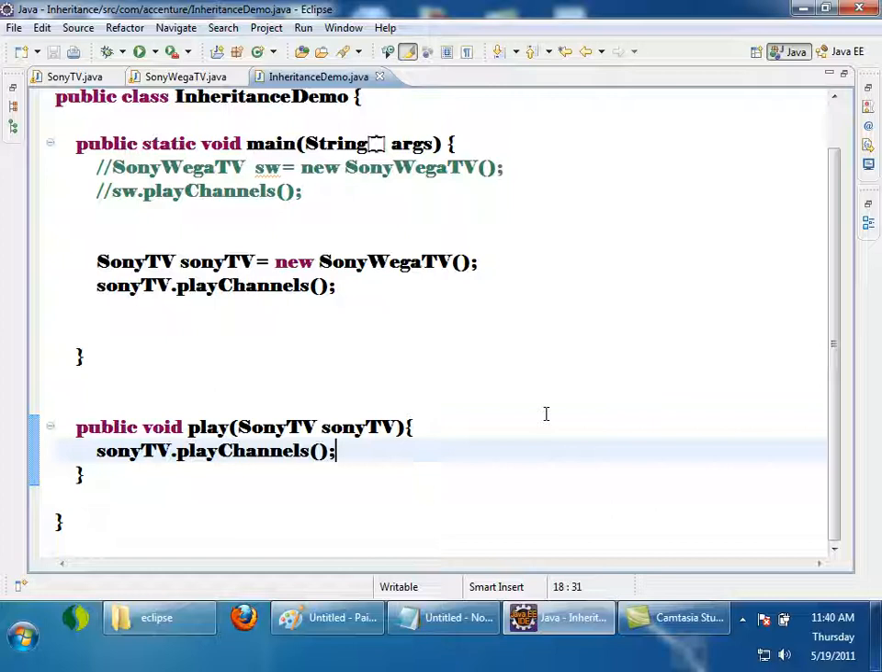If I am passing Sony TV, play channels method in Sony TV will be called. If I pass Sony Vega TV, play channels method in Sony Vega will be called. So according to the object being passed, the corresponding method can be called, right? Now I will write some program like this. See, I'll try to call play and pass